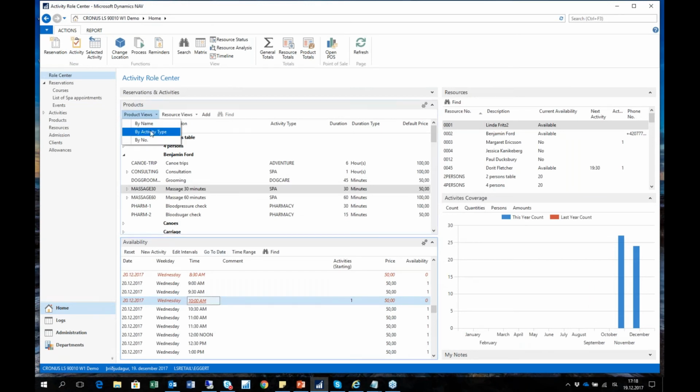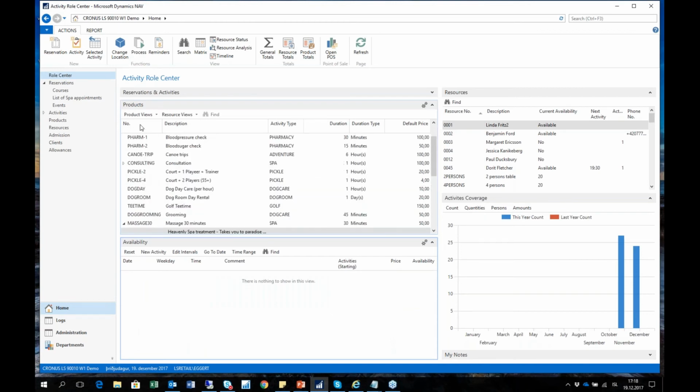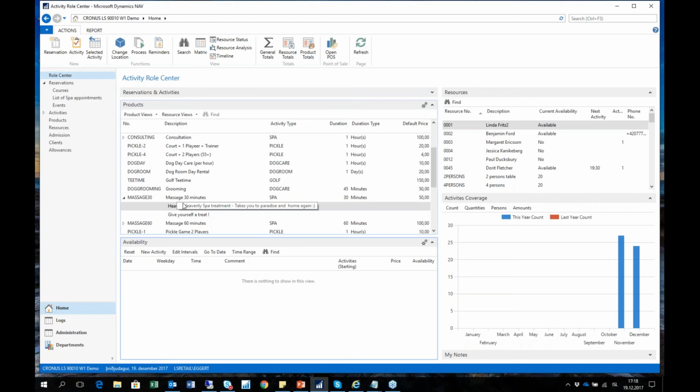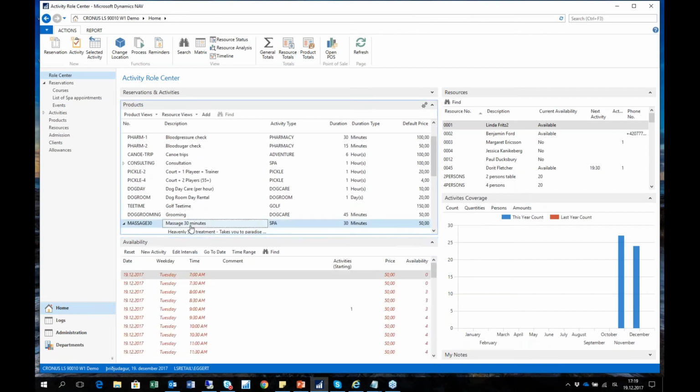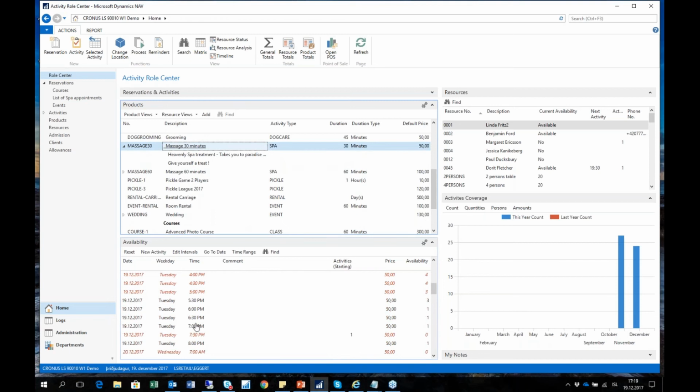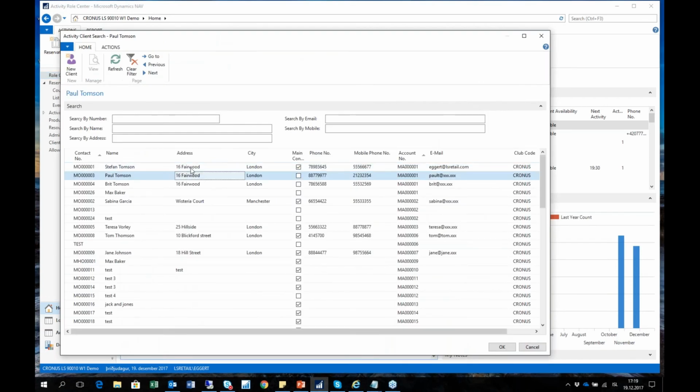So this is a quite nice way of booking appointments or making reservations directly on the resource, or you can also do the same process just through the products and have the system automatically select the resource. I also just want to show you the preferences. So I'm going to select the 30 minutes massage. I'm going to select the appointment Tuesday 5:30, and if I hit new activity, I'm going to select,